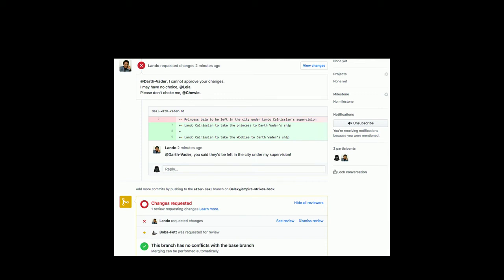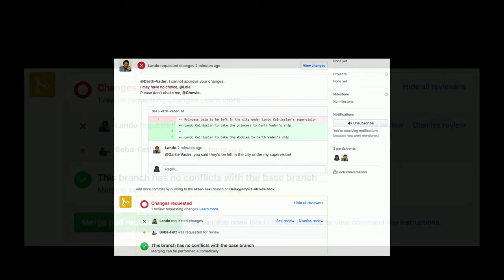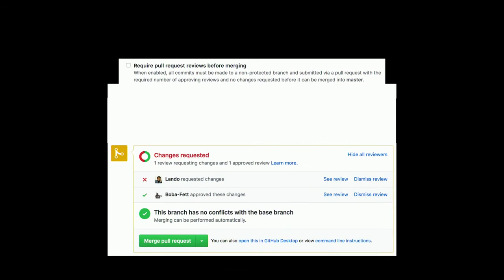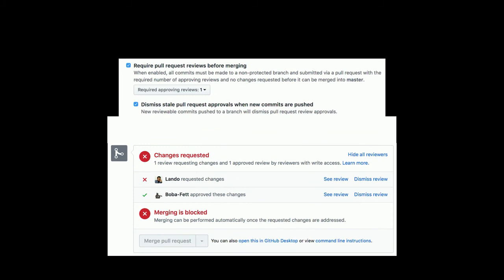However, if we look at the bottom, you can actually see that this branch has no conflicts. It's ready to merge. And so if we keep moving forward, we can see that we're actually able to merge this pull request even though we have requested changes. And that's because we forgot to select a certain checkbox in our review. There we go. We can actually see that we have a checkbox within the specific repository that you won't be able to merge into a branch if it has reviews that aren't passing. So in this case, we can see that it goes away, right?